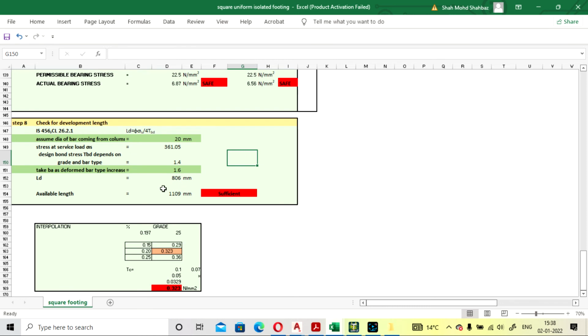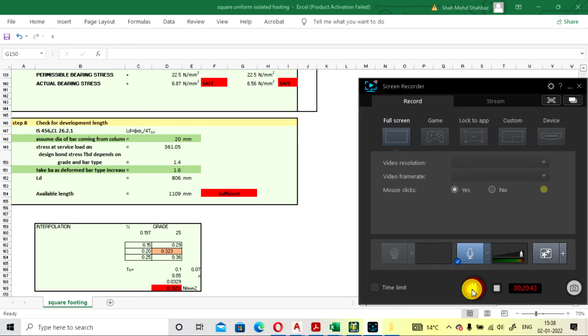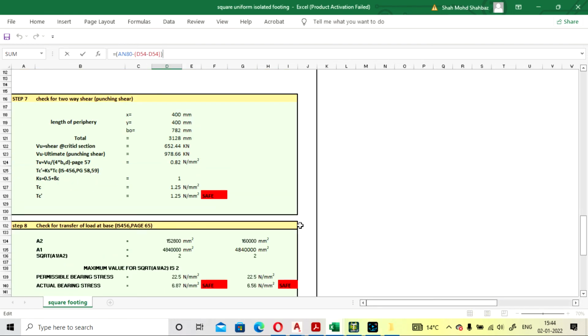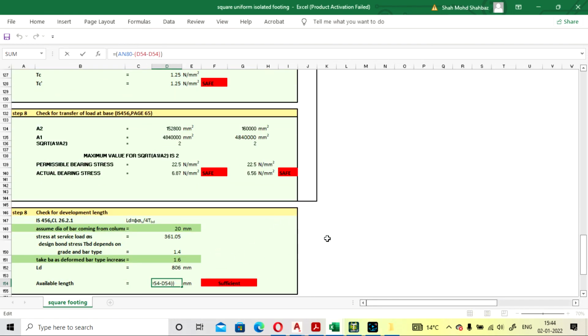So minimum you have to provide the development length up to 806, and your available length there for the LD will be 1109, and that is sufficient. So here it is completed, and that will be okay here.